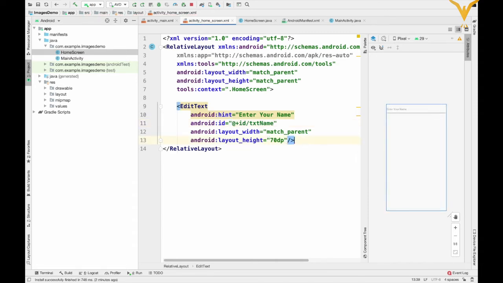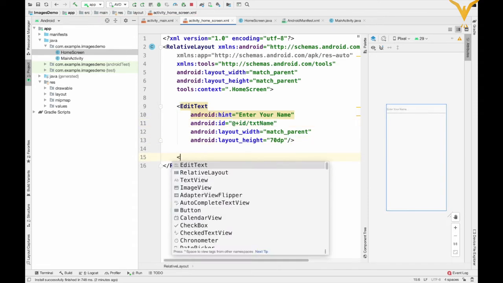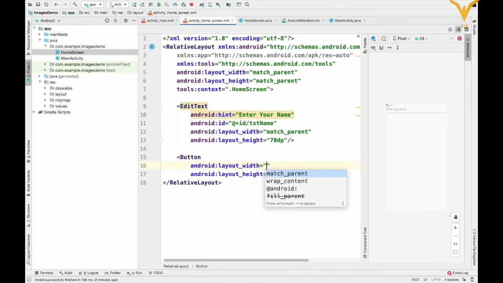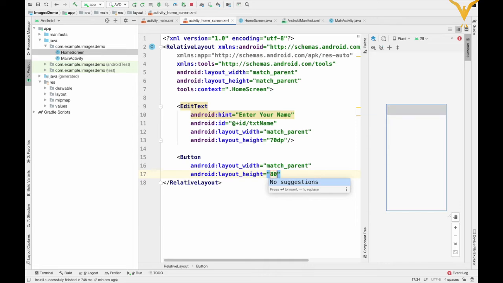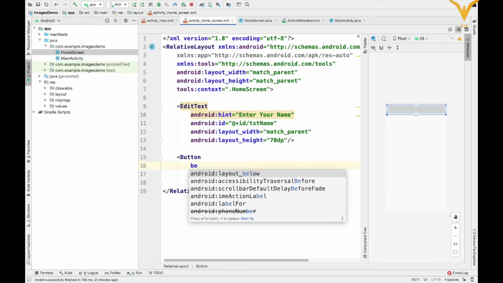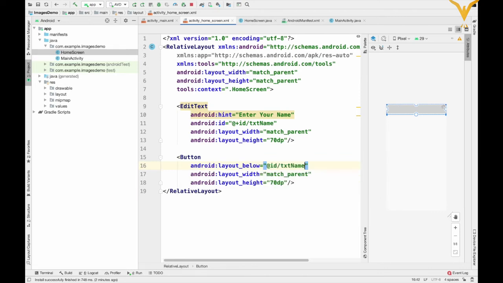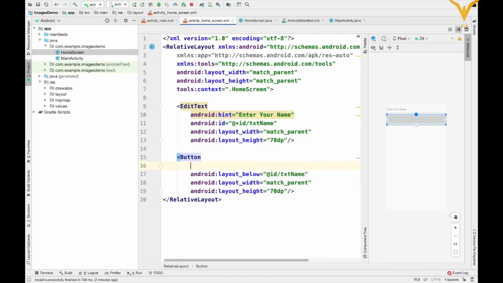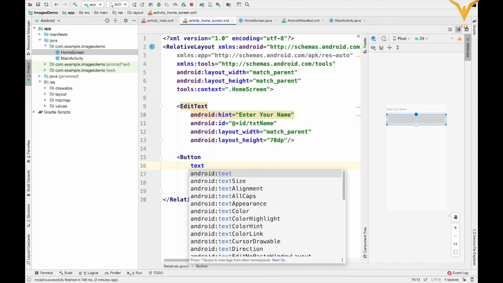Let's close this, then add button, match parent, and then let's take 70 dp. Layout below our text box, we'll give name text.